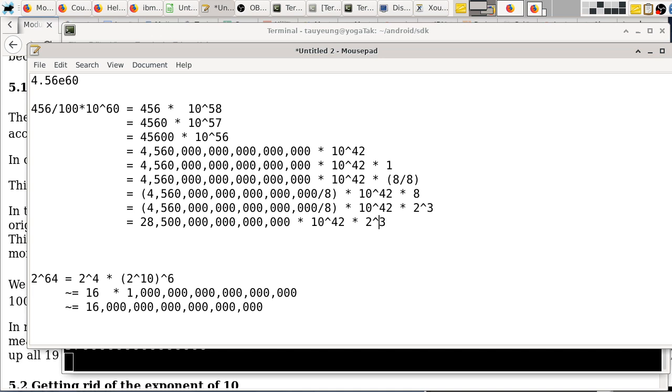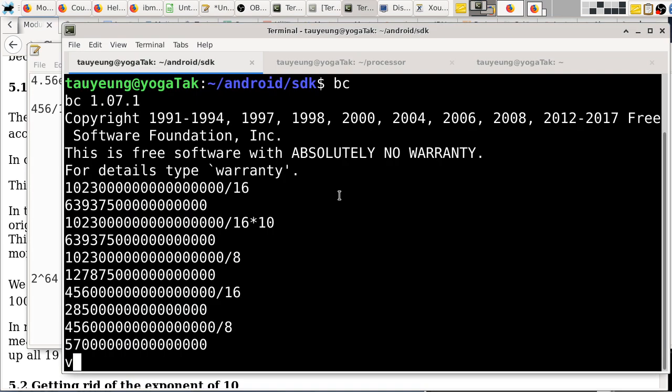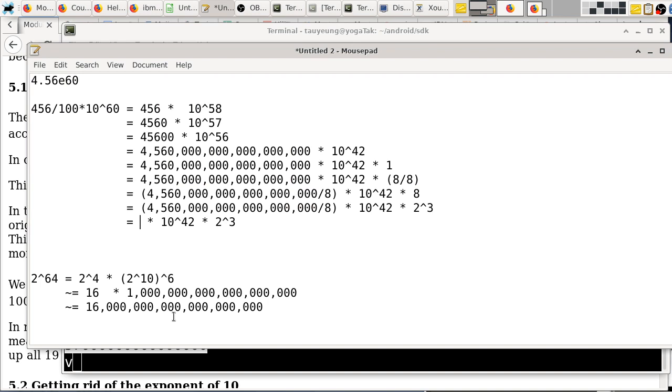But for the time being, I'm just going to replace all of this with the correct result, which is this number here. You can see it's really just off by 2 digits. There we go. Okay, so let me chop again. There we go. So if I multiply this number by 10,